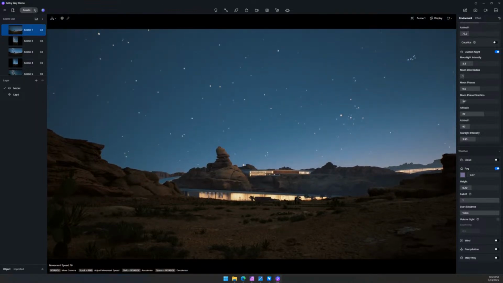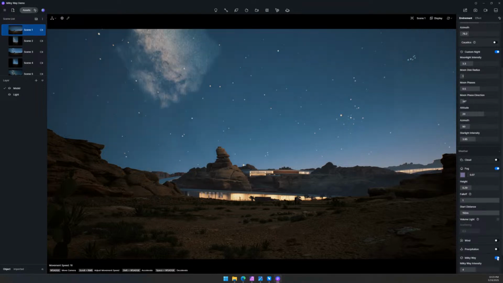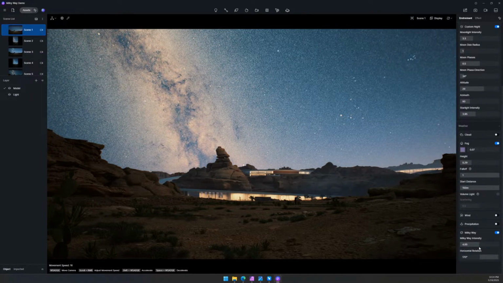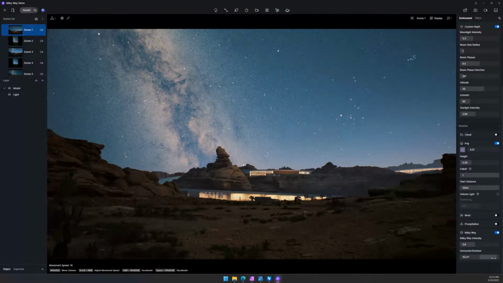So we have added the Milky Way option to the weather. When this option is enabled, you can create a stunning Milky Way. It also includes settings for intensity and also horizontal position. You can rotate it